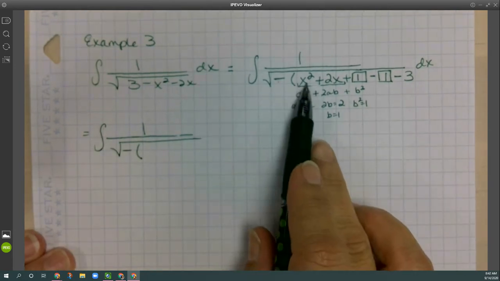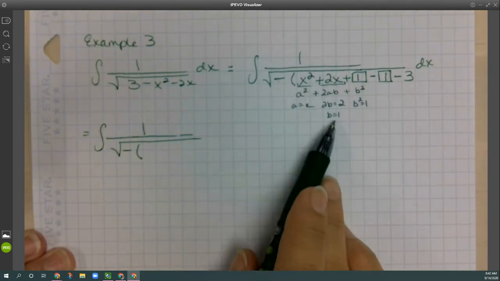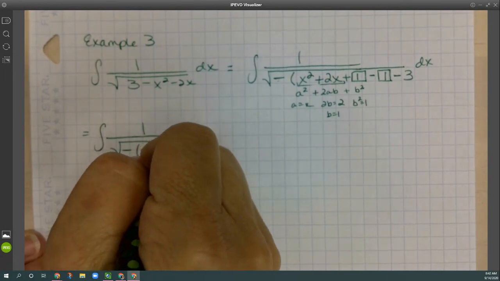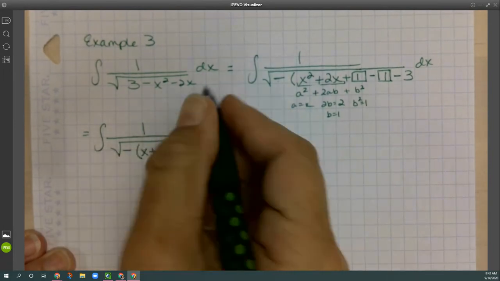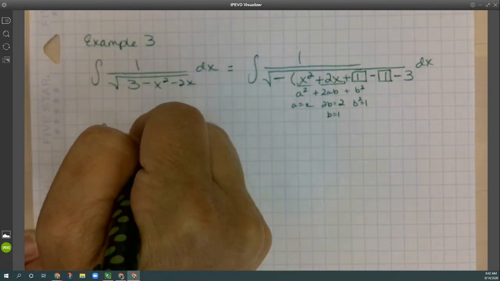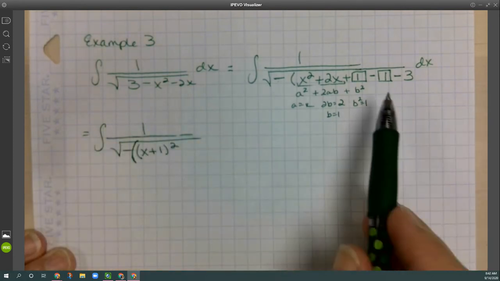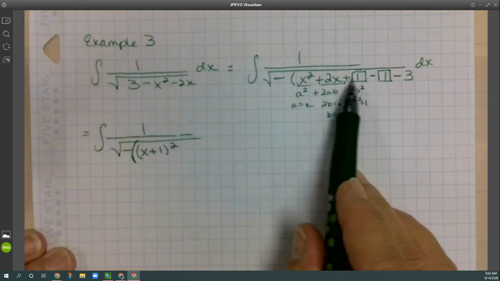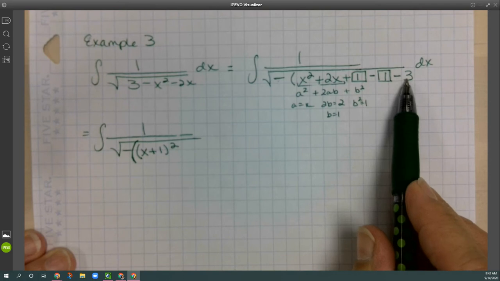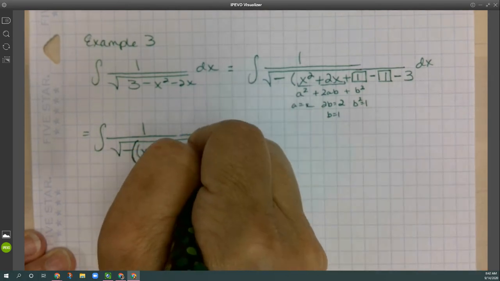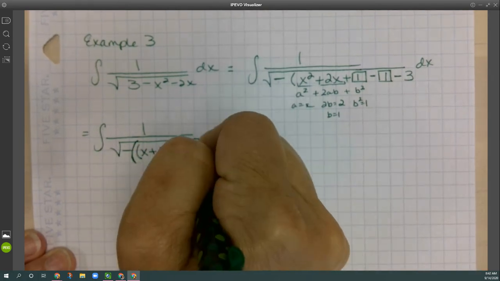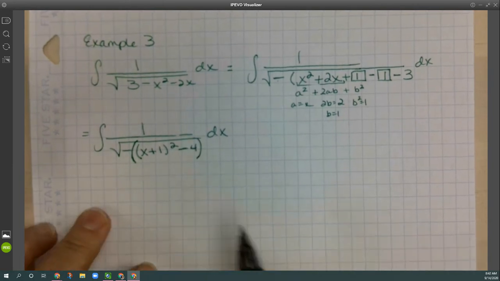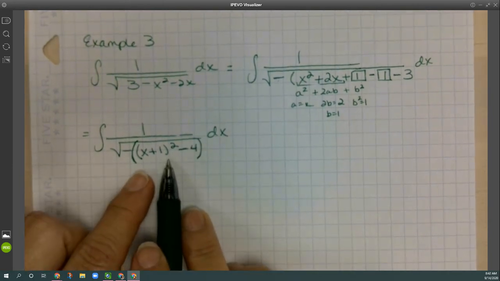This x squared plus 2x plus 1, my a is x, my b is 1, so that is equivalent to (x plus 1) squared. I need to put another parentheses here. So that takes care of those three terms, and then I have negative 1 and negative 3, which is minus 4 dx. Okay, so now we're kind of close to the form that we're looking for, but remember, I want